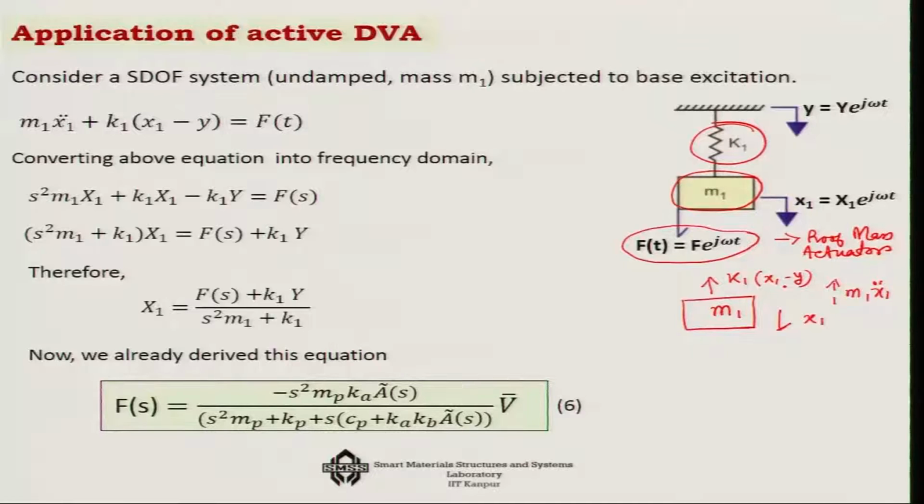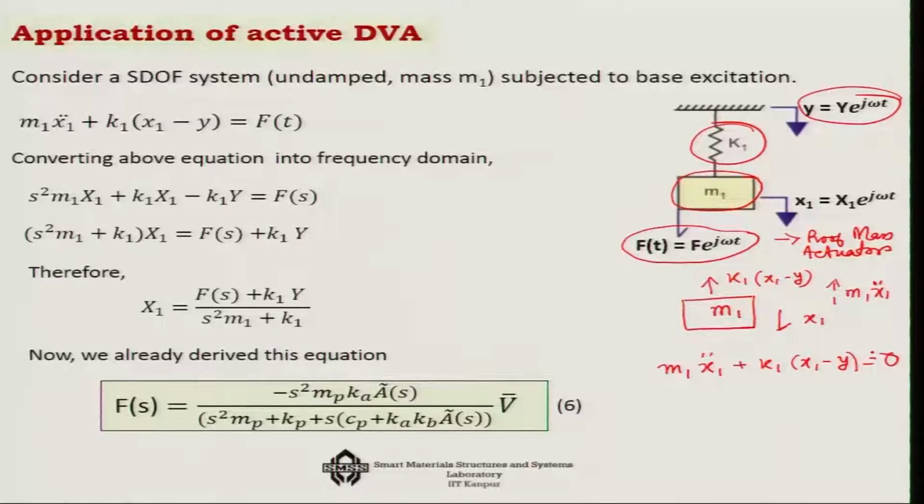Okay. Because it is subjected to a base excitation, that base excitation is the vibration wave that I told you is coming because of the shock that the structure has been subjected to. Now, these are the two forces, and if I did not have the proof mass actuator, then it would have been m1 x1 double dot plus k1 (x1 minus y) equals 0. That would have been the case of a base excitation system,